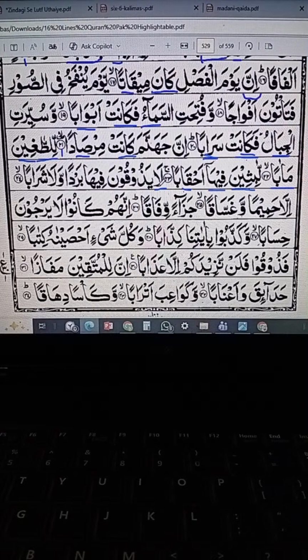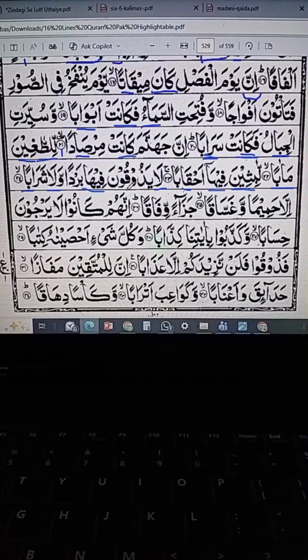La yadhuquna. There are three letters of madda: alif, waw, and ya. And in this ayah, we will see all the three letters of madda here, and we will be able to know how we have to stretch them. Alif madda is here, la. In this ayah, first of all, we will find out the letters of madda only. Alif madda, la is here, fiha, and wala is again. And if we do waqf, sharaba, so alif madda is here.